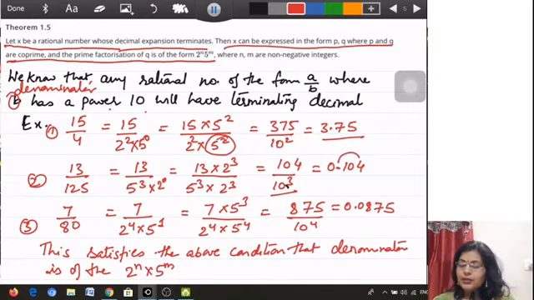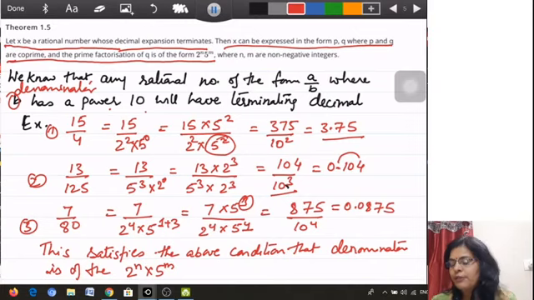Now here the question is a little bit different. 7 upon 80. Now 7, how will we write? 16 times 5 is 80, everyone knows. 16 means 2 to the power 4, and 5 we can simply write as 5 to the power 1. So what we have to do is make all the powers the same. By adding 3 to it, both the powers will become the same. So here this has become 4, and here this has become 3.